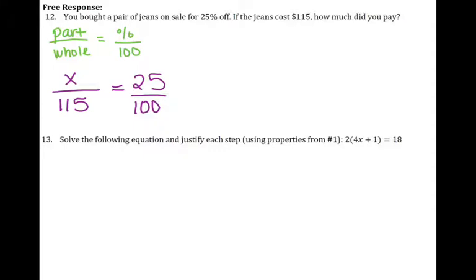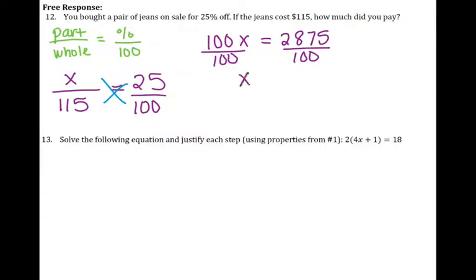And now what I have here is a proportion. So I can go ahead and cross multiply. So 100 times X is 100X. 115 times 25 is 2,875. And then I'm going to divide both sides by 100. So X equals